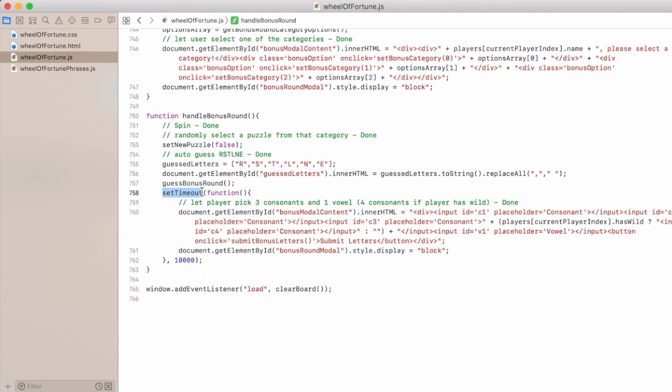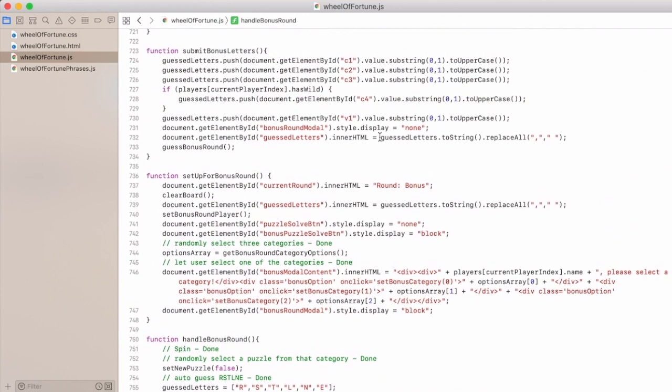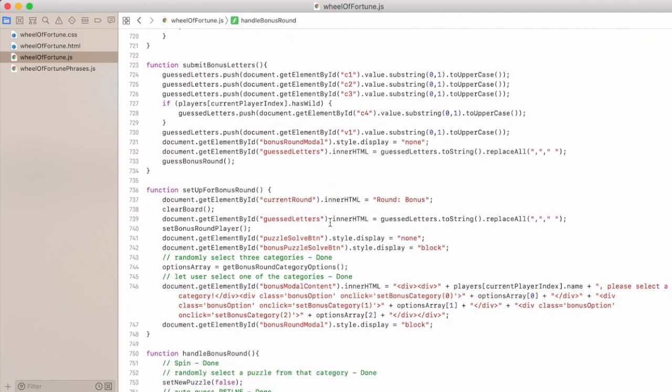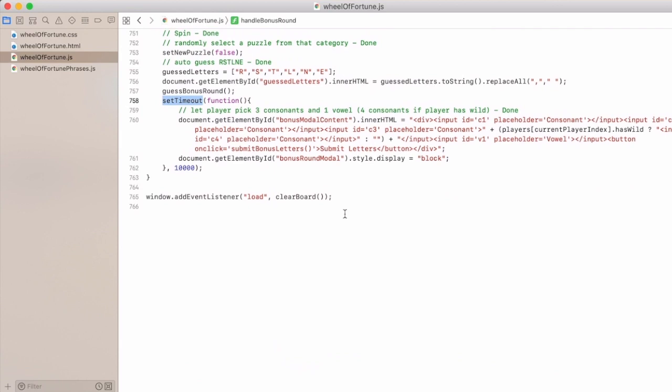So we're up here, we were submitting them for the board to see what actually is in the puzzle. This is setting up the modal to show whether they have the 3 or 4 consonants and the vowel that they can select. So that is how this game is coded, and you guys can take it further or